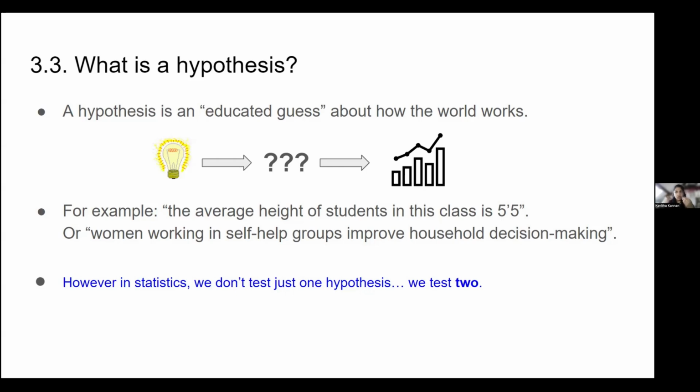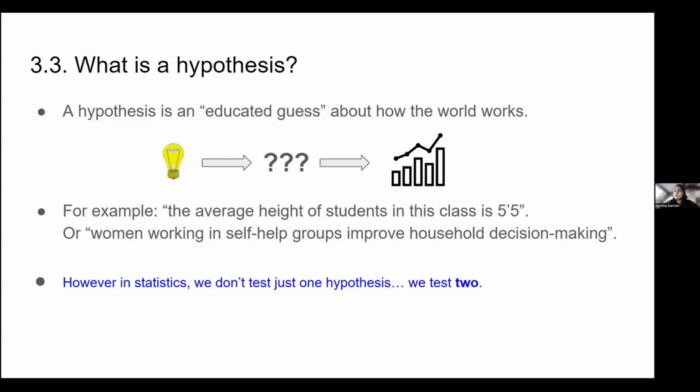So you need to go somewhere, you need to get the data, you need to go collect. Maybe you need to see how women are making decisions. What does a decision mean? What is the age group of the women? Which part of India, for example, are these self-help groups in? Things like this. So you need to put all of these things together.